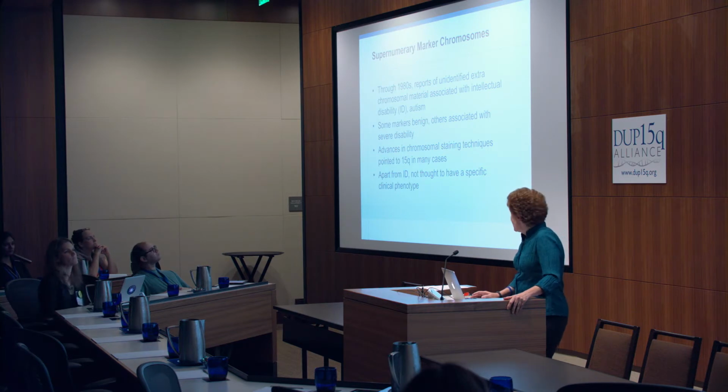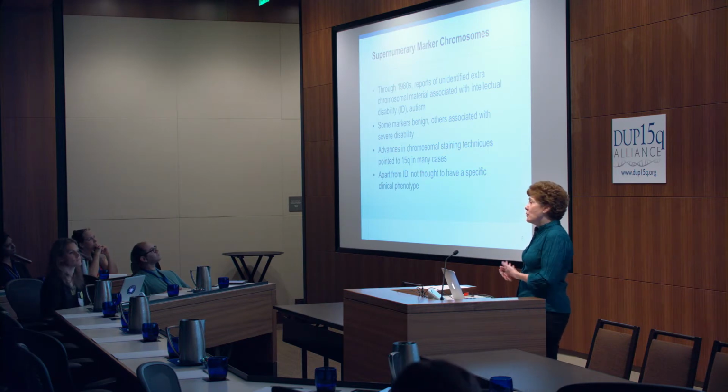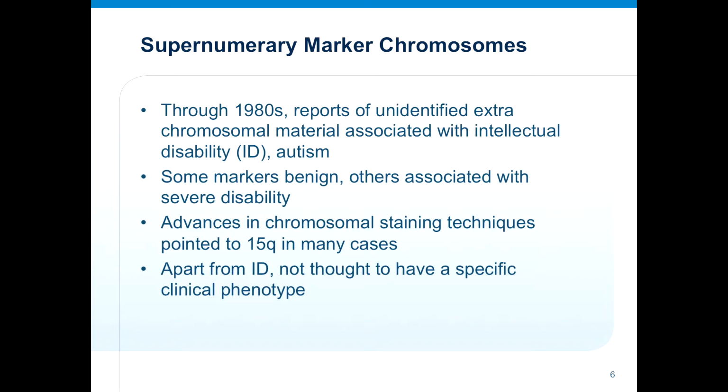So back in the 80s, there started to be many reports about supernumerary marker chromosomes that you could find on karyotyping, even really squatty little chromosomes that weren't stretched out. You couldn't see many bands, but you saw this whole extra chromosome. These supernumerary markers could come from a variety of different origins, but the most frequent one involved chromosome 15. Sometimes it was very puzzling because you could see these supernumerary marker chromosomes that seemed to be derived from 15, but they weren't really associated with any particular phenotype.